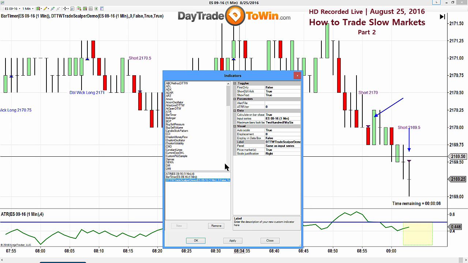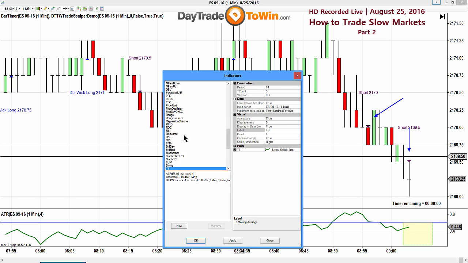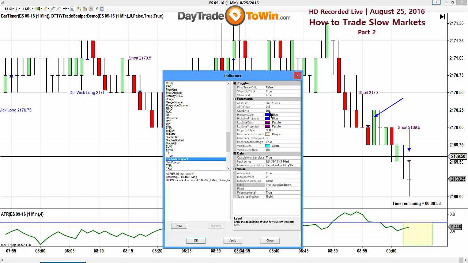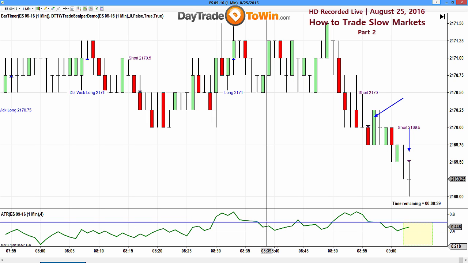So the demo version of the Trade Scalper that I'm showing you here doesn't have that filter, but the purchased version has this option for the filter. And I always have it set to 2 ticks because I think for minimum scalping, the ATR has to be at 2 ticks. It can't be any slower than that, because really, do you want to risk a trade for a tick? I don't think so. Okay, so that filter is important. All right, very good.